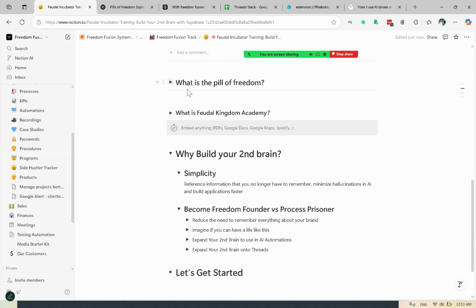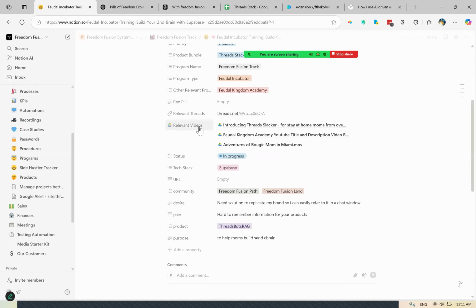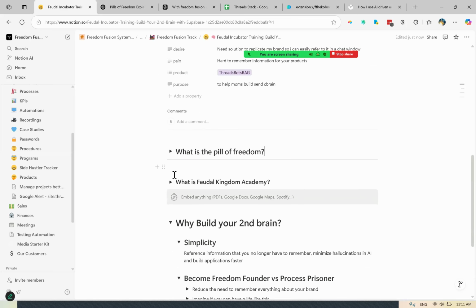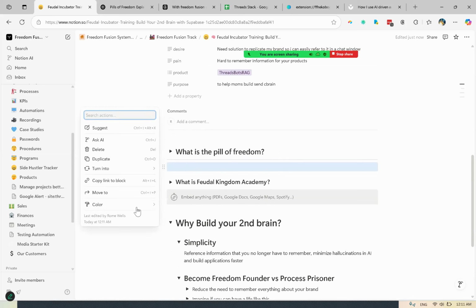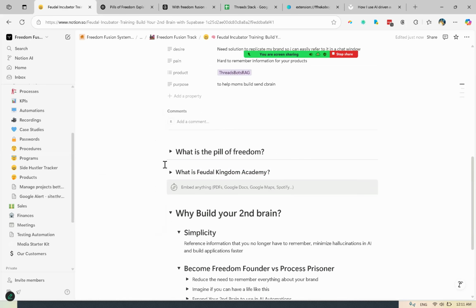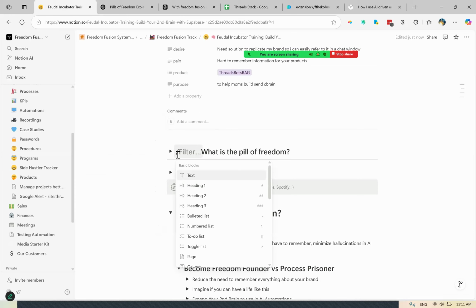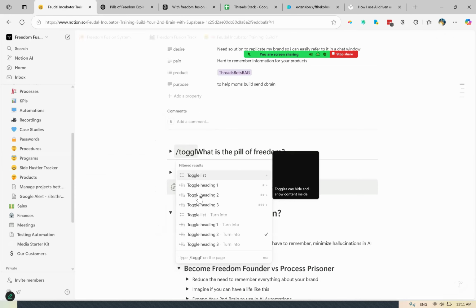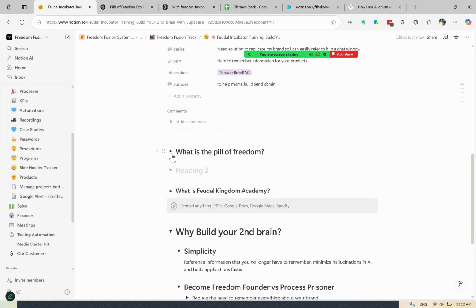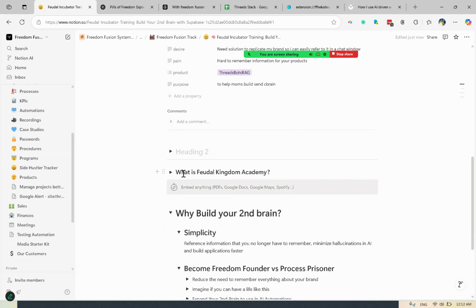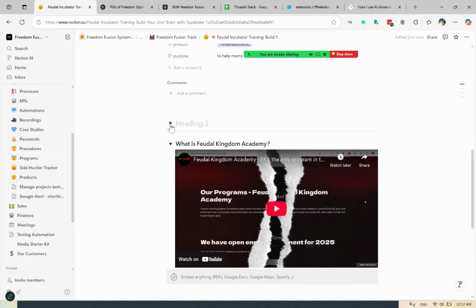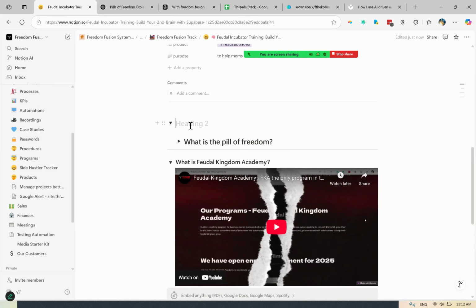And somehow you want to hover over your main brand on top, because if you just talk about your brand, nobody's going to understand the vocabulary behind it unless you specify it. So the best way to specify it is to include a toggle. And what you're going to do is drag it like this. And right now, let's say you forgot something, you didn't do it correctly. What is the Pill of Freedom? How side hustlers, side hustling moms can learn